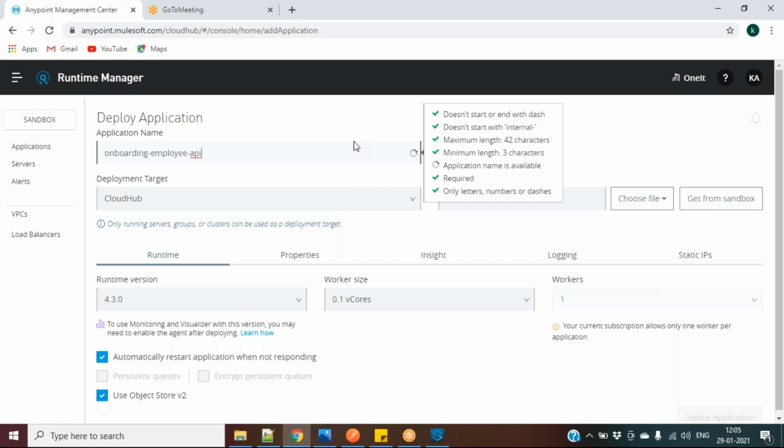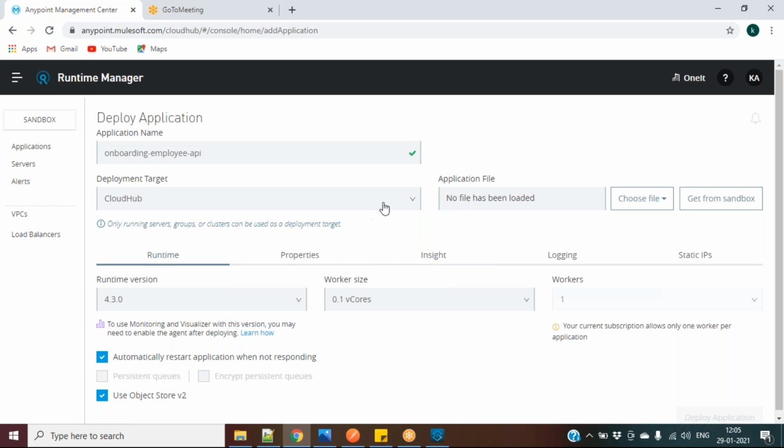I'll give the API. So here if you see, we have some constraints for giving names, like it should have a minimum length of 3 characters. We only follow that. If we do not follow it, an error will come. Let's say I give only this much. It says minimum 3 characters should be there. So you have to follow that naming convention. I will explain what all of this is, step by step. First, let's see what we have to do. The deployment target is CloudHub, and we have to